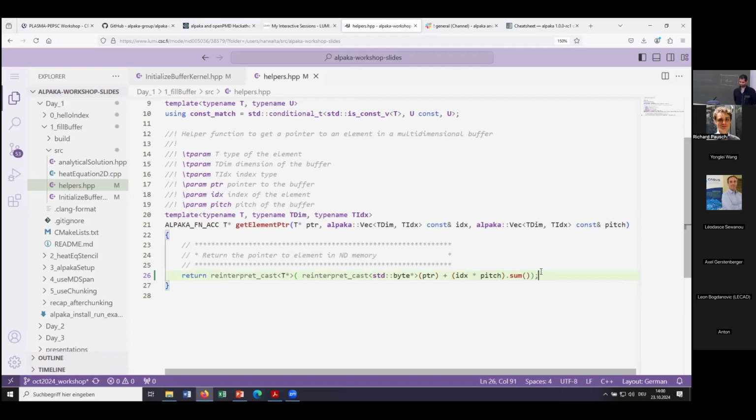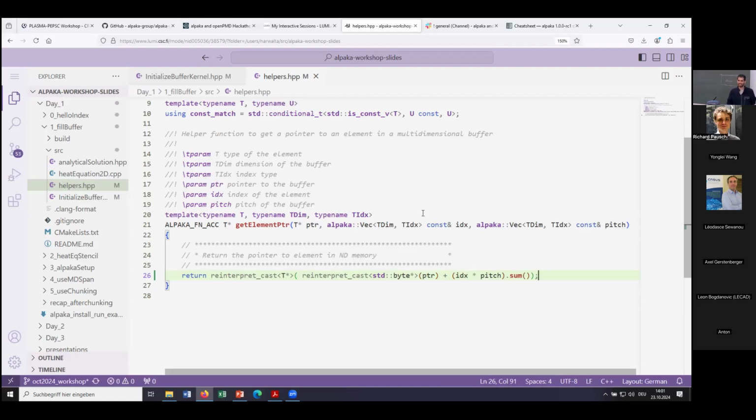And that's the reason why pitch dimension minus 1 is the size of t, that you can do something like that. So yes, this is how you get the pointer to an element at index idx given the pitches and the